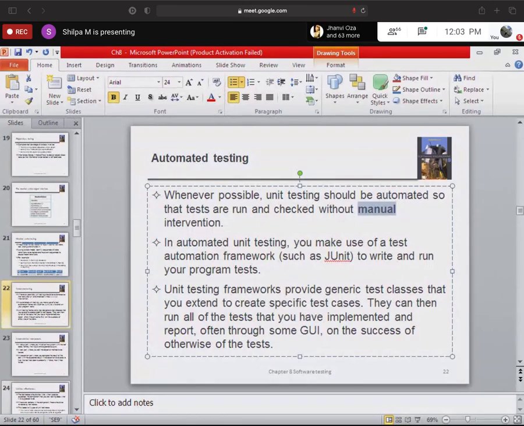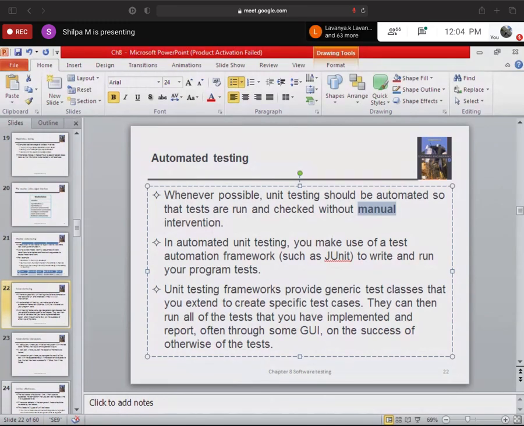If I am doing manual testing, I have to sit there, give the input every time, and see whether the output is proper. In automated testing, I record the tests and it automatically checks whether the case runs correctly or not. The same thing that happened here, we can record and check whether it is correct or not.